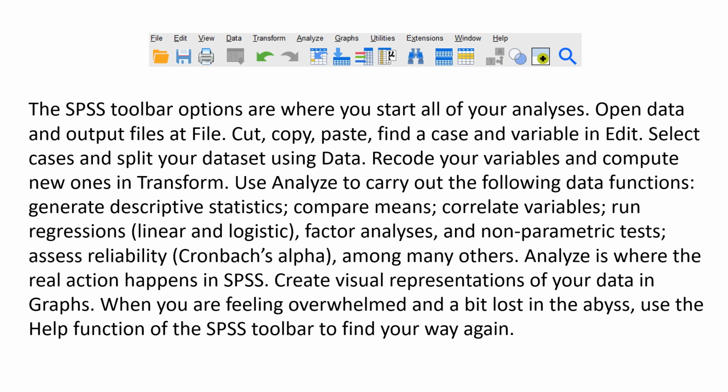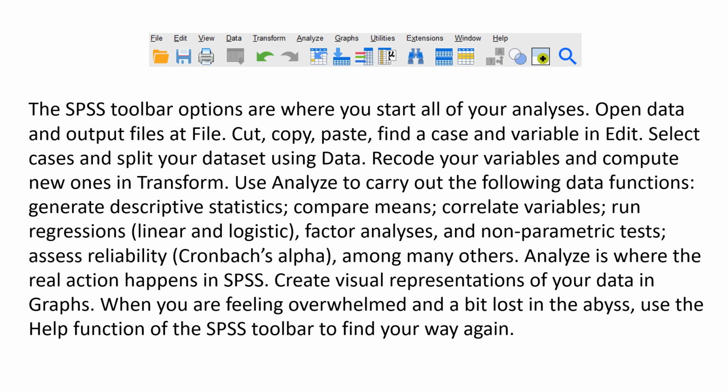Remember that when you're in data view, your rows correspond to cases or subjects in your sample, and your columns correspond to variables. But when you toggle to variable view, then your rows now correspond to variables, and your columns correspond to various features of those variables. And you can toggle back and forth just to get a feel for what that change means in terms of